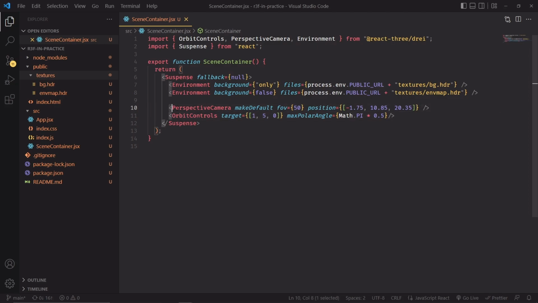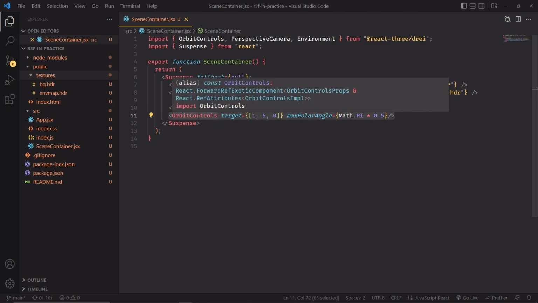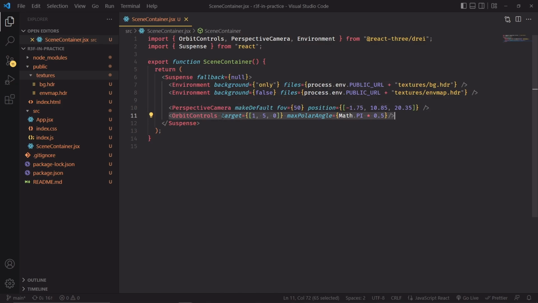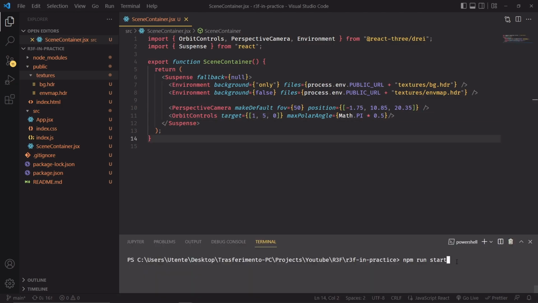Next we have a simple perspective camera that is placed 10 units high from the center of the scene, and also our usual Orbit Controls component. This component makes it possible for us to move around our camera while orbiting around a specific point that is defined with the target property. In this case, our camera is orbiting around a point that is 5 units high in space and 1 unit to the right. Now we can finally test our setup by running npm run start inside our VS Code terminal,